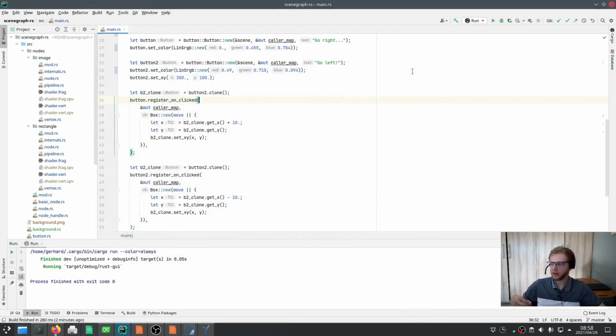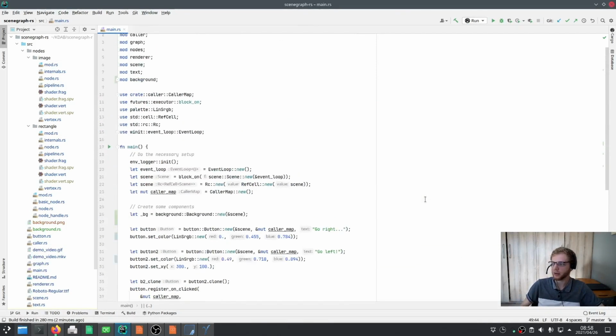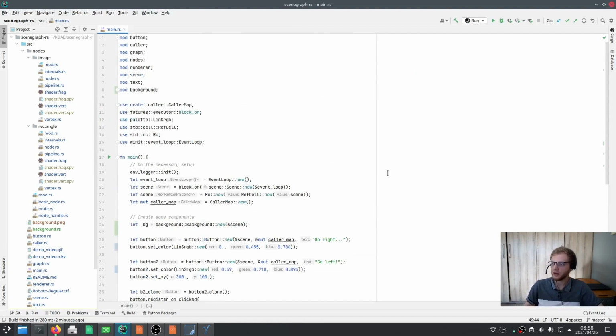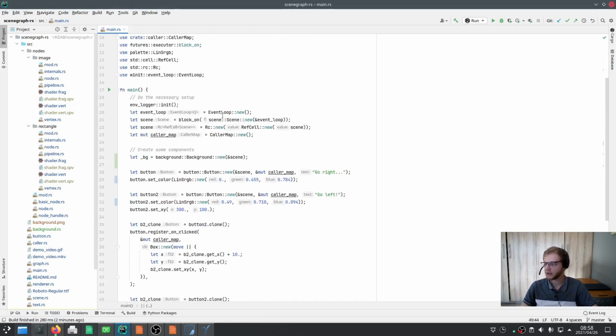Now let's quickly have a look at how I implemented this. This is basically the main file for my demo application. The first part of it is really just boilerplate. I'm setting up the event loop, and then I'm setting up the scene graph with the event loop. Then I have to do this ugly thing where I wrap